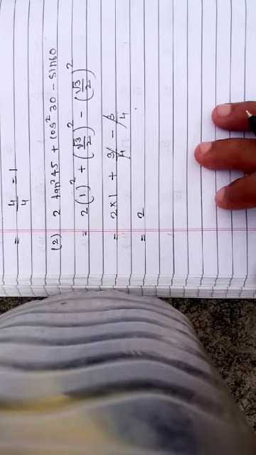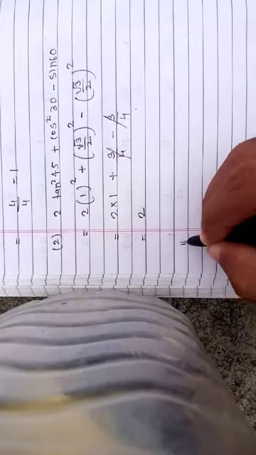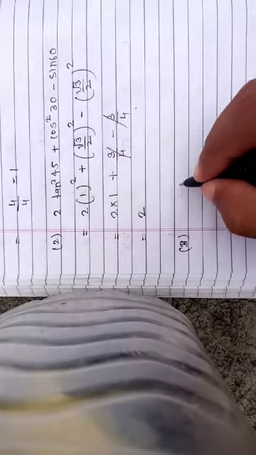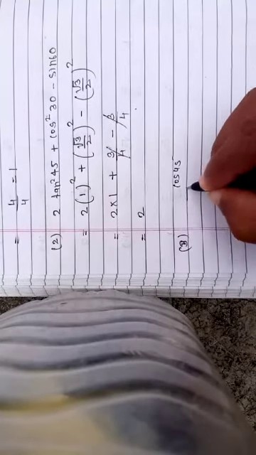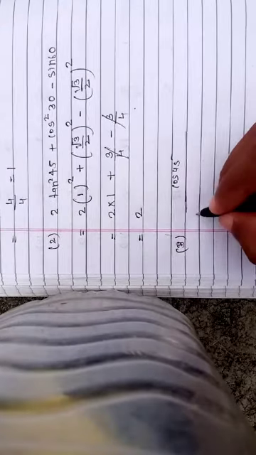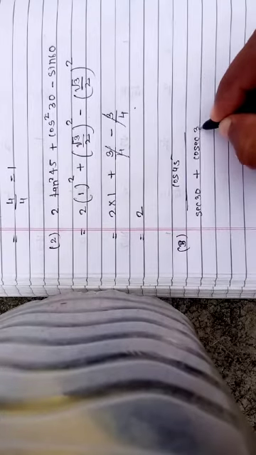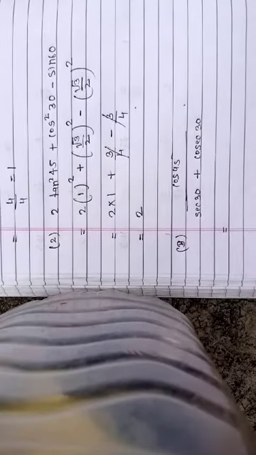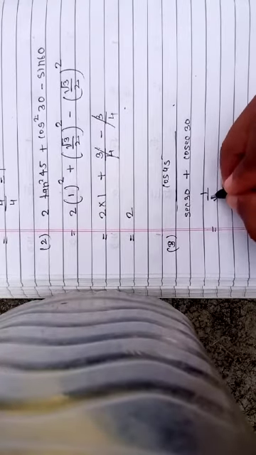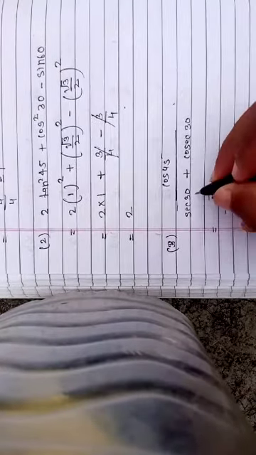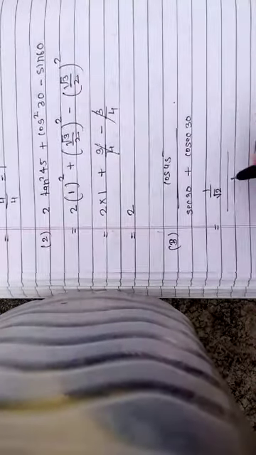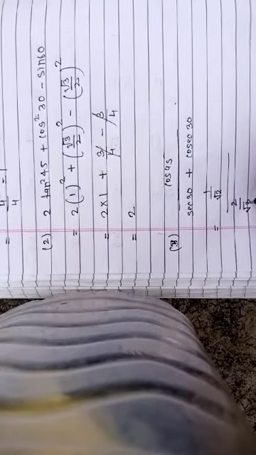Similarly, you can solve the remaining sums, we only have to substitute. So I am taking the example of the third part, where the fraction given is cos 45 upon sec 30, plus cosec 30. So you can substitute the values. Cos 45 is 1 upon root 2, upon sec 30, which is 2 upon root 3, plus cosec 30, which is 2.